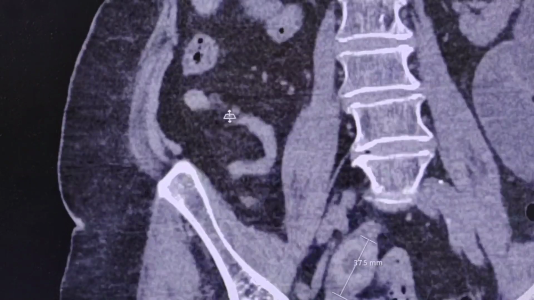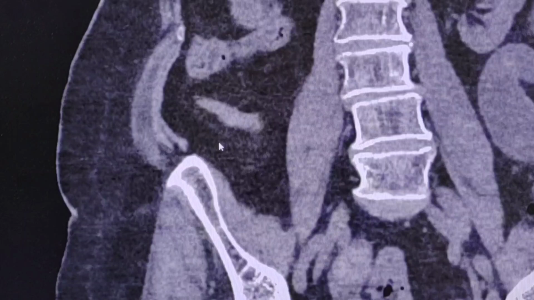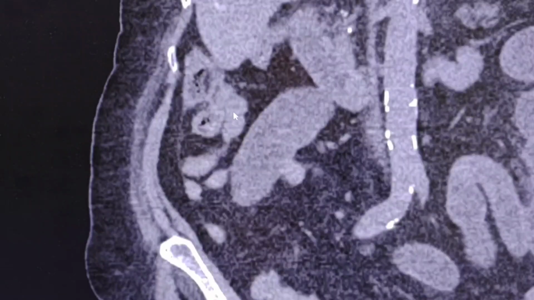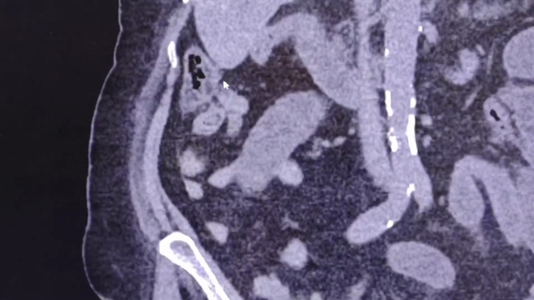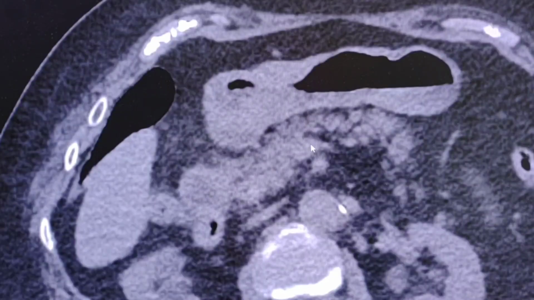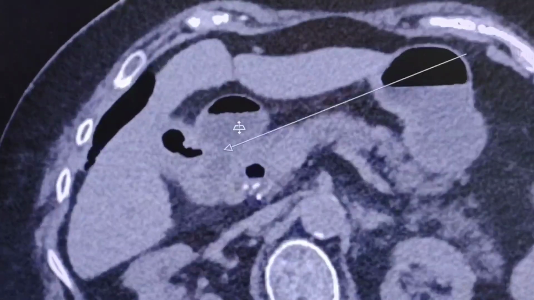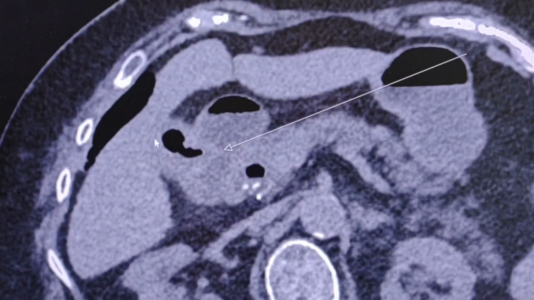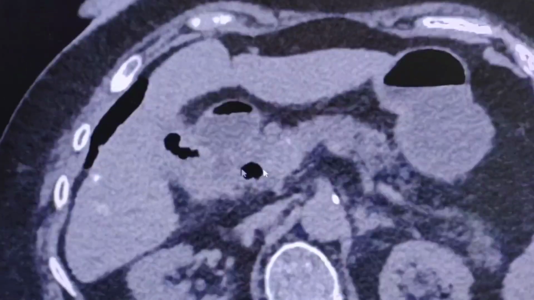This is the distal ileum. And here is the ileocecal valve in this region. Let's go back to the right upper quadrant again, and let's have a look at the gallbladder. Here is the gallbladder, and here is the duodenum. Stomach,